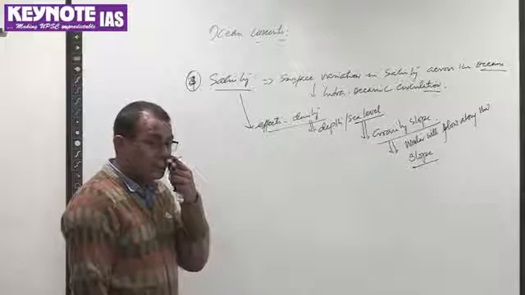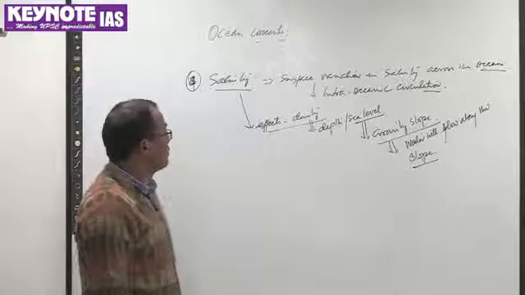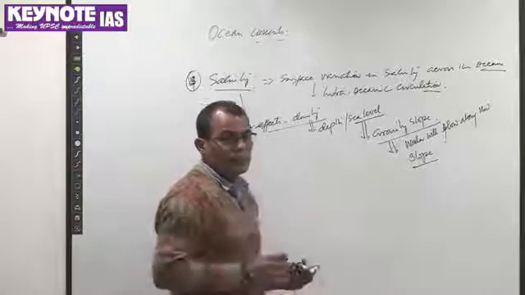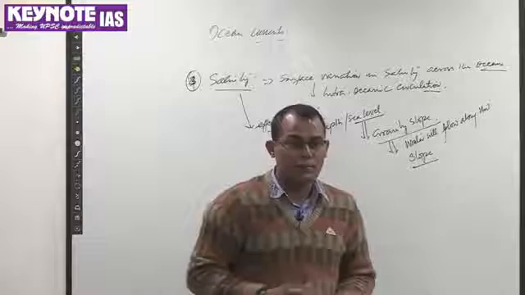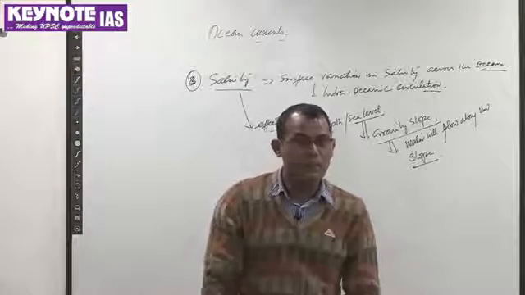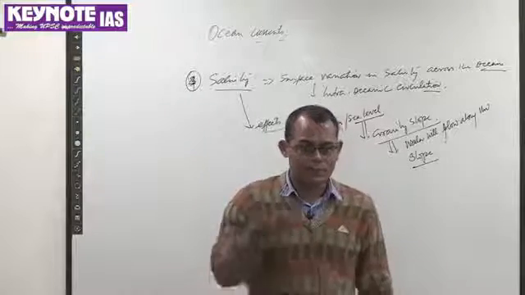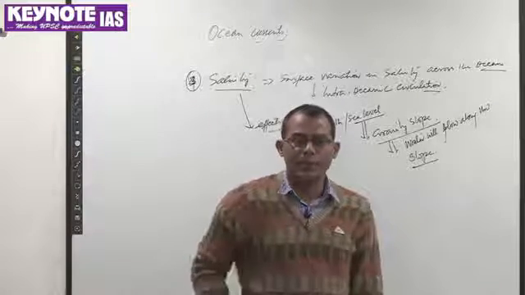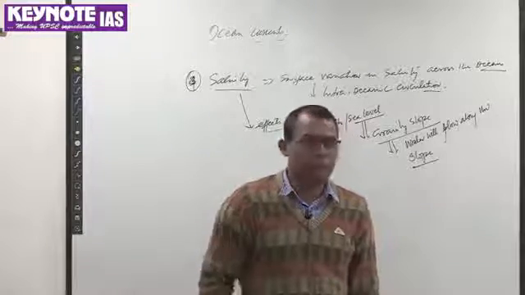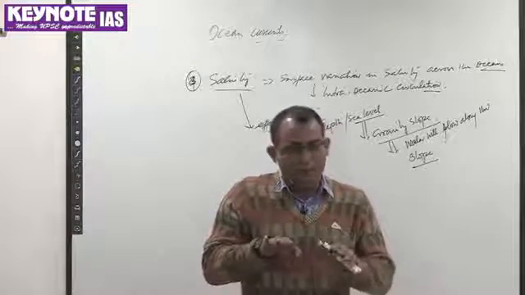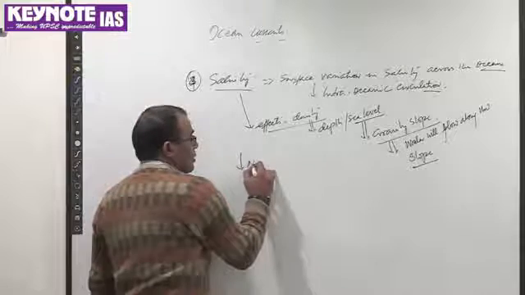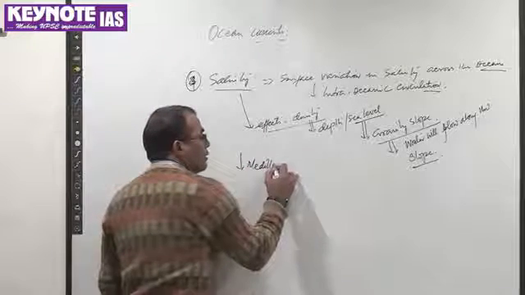Density? Like if salinity is higher, the density will be more. Because more density means more compact, so sea level will be slightly lower. There will be very little variation, and that little variation will be large enough to produce even a small slope. The best example is Mediterranean Sea. The flow within the Mediterranean Sea